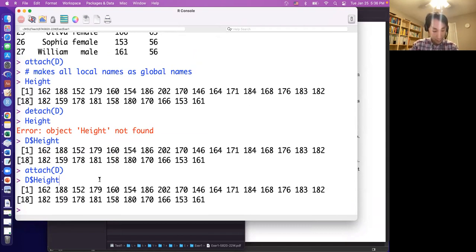Now we imported the data, so calculate BMI for each student. I have attached the data. So weight divided by height squared is the BMI, but the height should be in meters, so that we